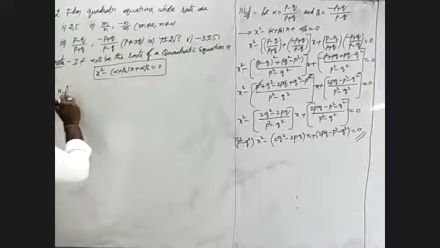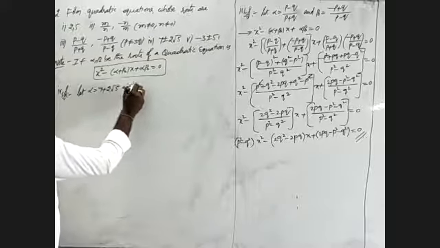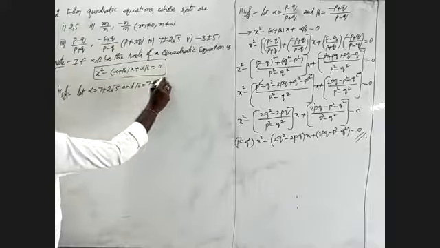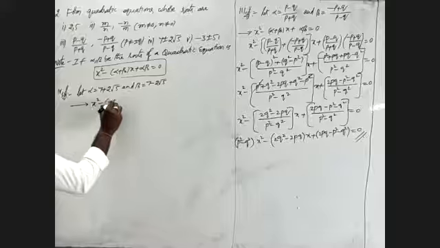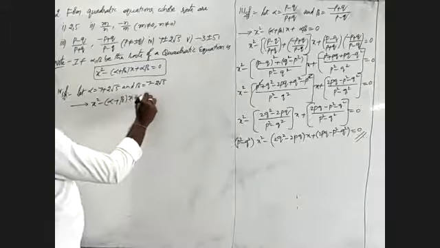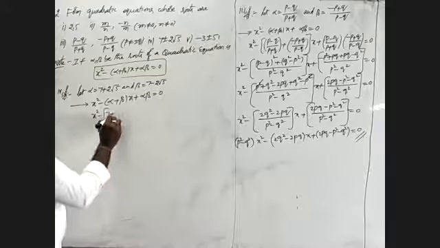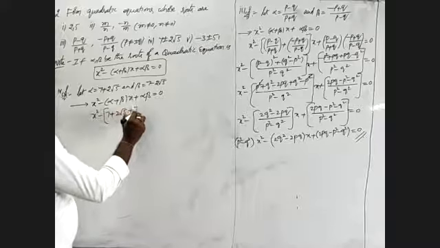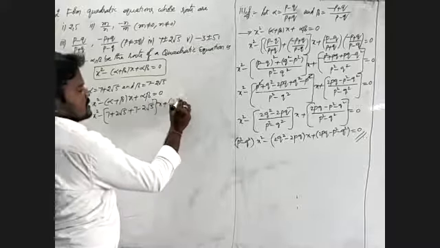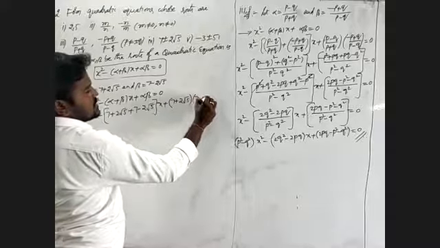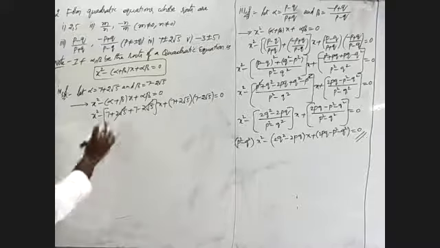In the fourth one, first I will take let alpha is equal to 7 plus 2 root 5 and beta is equal to 7 minus 2 root 5. Alpha, beta be the roots of a quadratic equation, that I will write x square minus (alpha plus beta) into x plus alpha beta is equal to 0. That I will write x square minus, where alpha is 7 plus 2 root 5 plus beta is 7 minus 2 root 5, into x. Again we write alpha is 7 plus 2 root 5 into beta is 7 minus 2 root 5 is equal to 0. We observe plus 2 root 5 and minus 2 root 5 will cancel, and the answer is 7 plus 7 is 14.